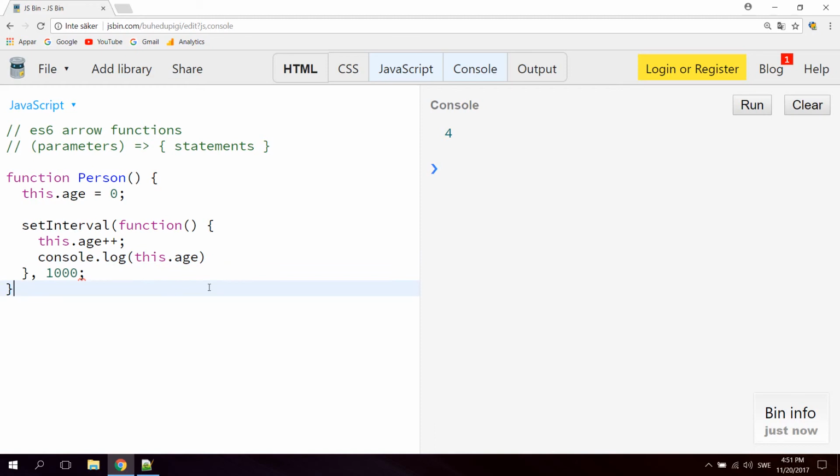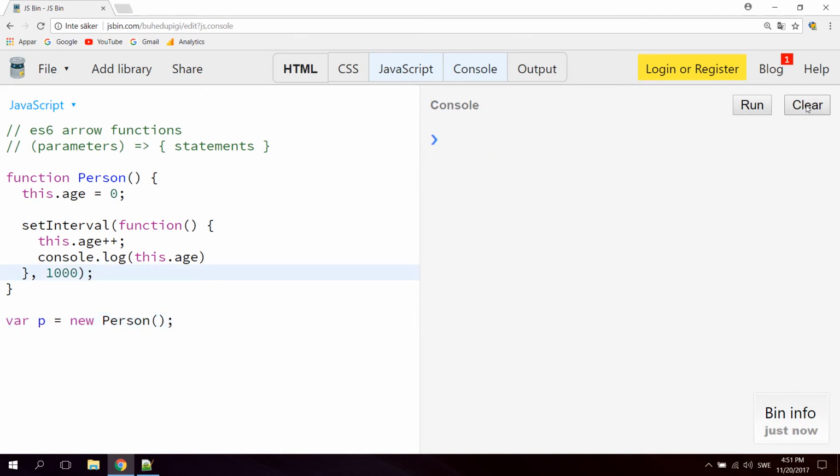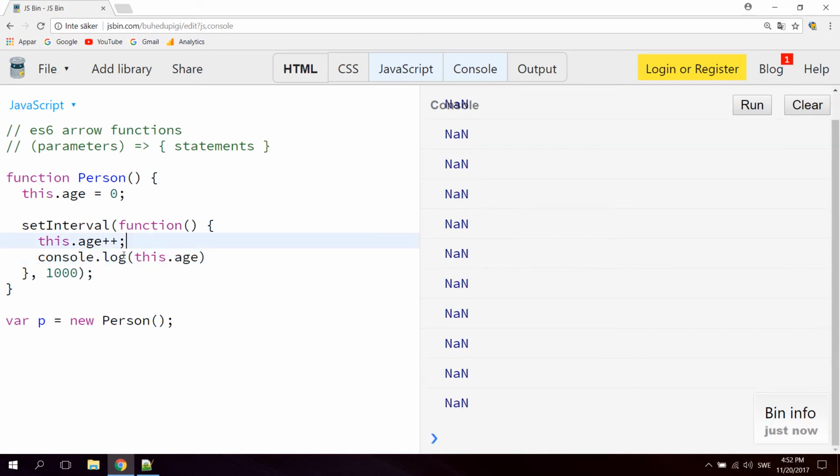each second. Okay, so I'm just gonna create a new object. So new person, and let's hit run. And now let's see, type clear and run. As you can see now, it's not working, and it's not working because we're losing the context of this. Now this in this case refers to inside the setInterval function, but we have set this.age outside the setInterval function in the person. Okay, so what we have to do to fix this, or what we can do, is simply